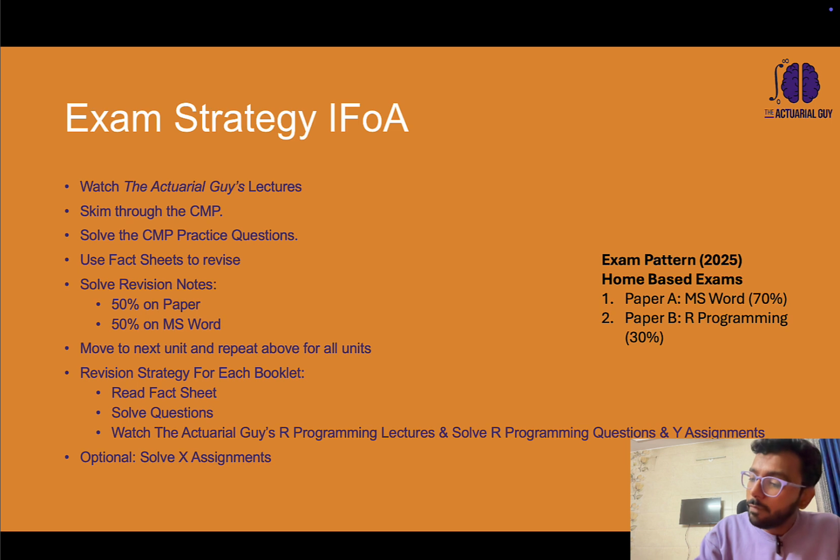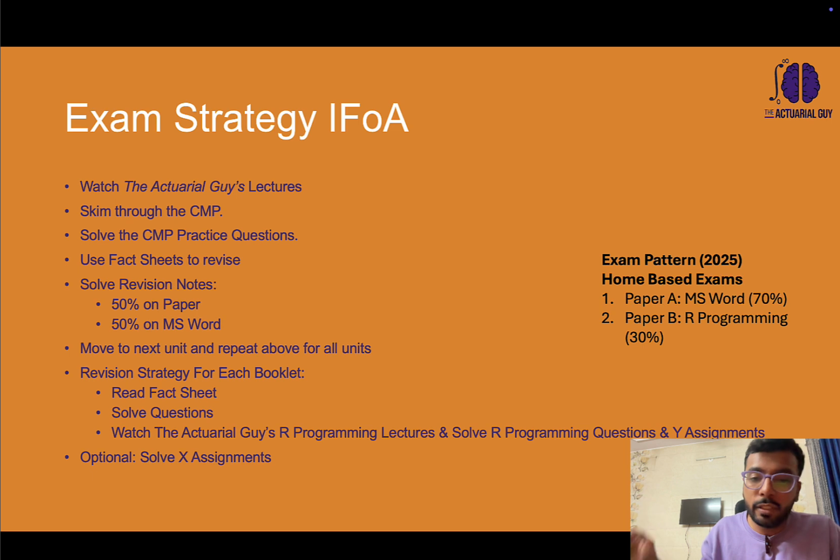Now you have done paper A once and revised it as well. Right now your concepts are very fresh. So what you should do is watch the R programming lecture at this point for a given unit and solve the R programming questions and Y assignments. Since you have already recently done the topic, it will be very easy to understand the paper B unit related to the same revision note booklet, and easy to solve those